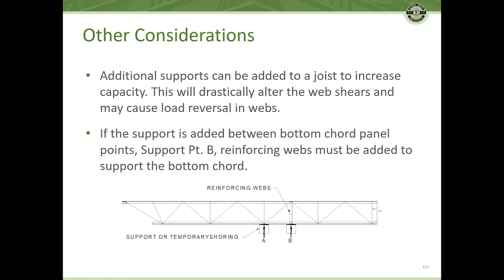If the support is added between the bottom chord panel points, like what we show in point B, reinforcing webs must be added to support the bottom chord. Obviously, that is a bending load. Without the additional webs, that's going to be a bending load in the bottom chord of the joist, which generally probably is not going to be